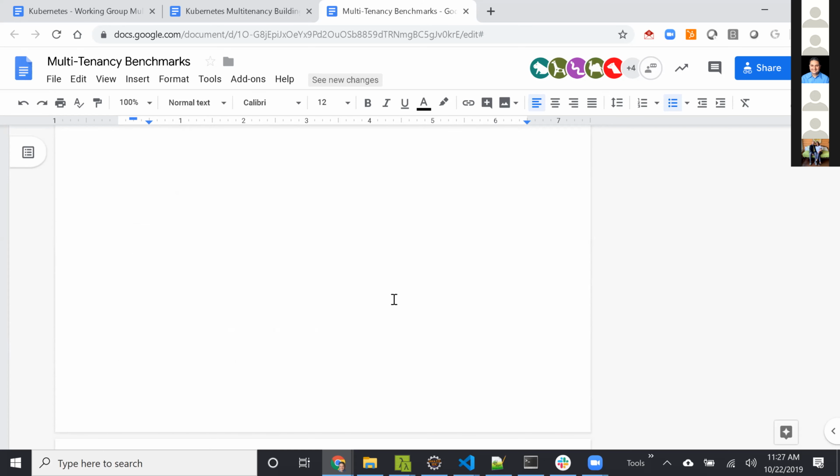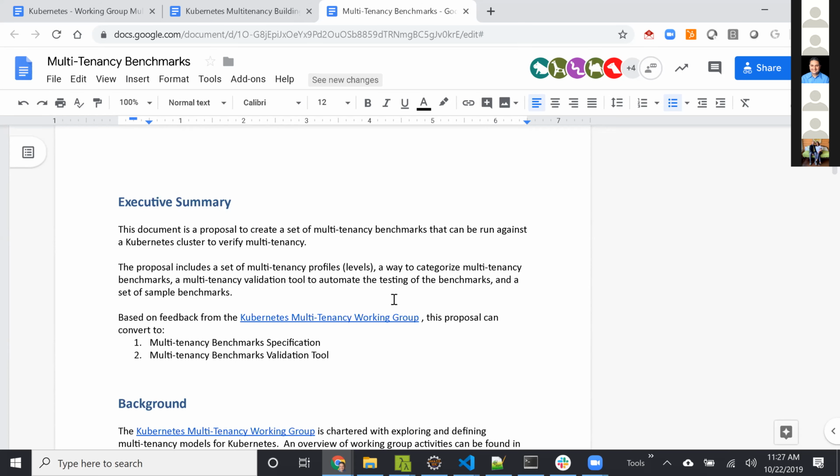There are a lot of different proposals, like the tenancy CRD, the HNC, and policy-based ways of managing namespaces. So we did not want to focus much on how multi-tenancy is configured or achieved, but really on validating if a cluster is correctly configured.